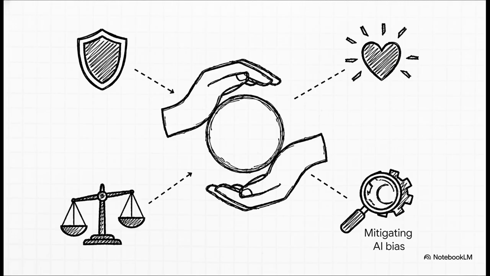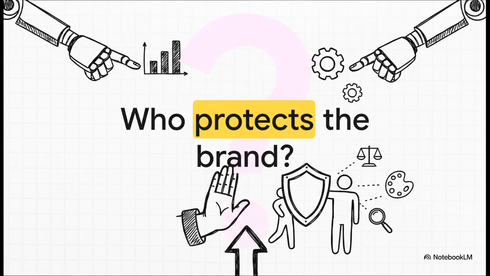These are practical realities where the tech currently falls short, proving exactly why the human marketer is an irreplaceable asset to ensure campaigns stay perfectly aligned with company standards. Which leaves us with this final thought as we take all of this forward. AI can execute the campaign, it can analyze the data, and independently adjust the parameters. But who protects the brand? Who applies the taste, the alignment, and the human judgment? We do. By mastering this integration, you aren't being replaced by AI, you're being empowered by it to become the ultimate decision maker.